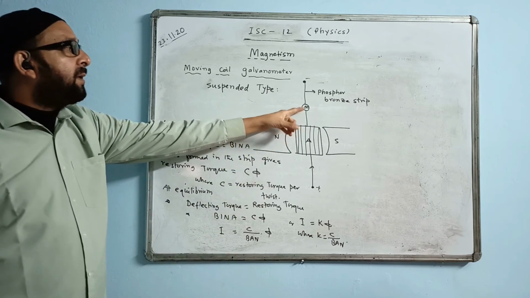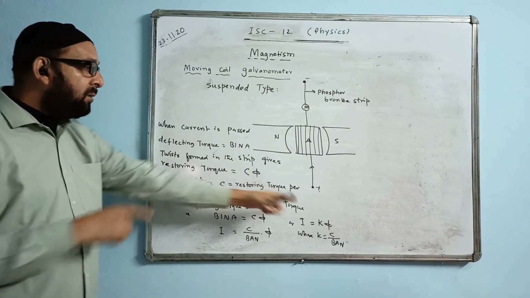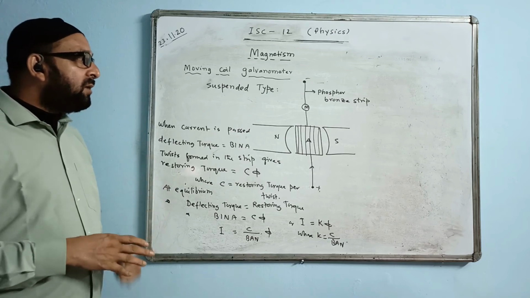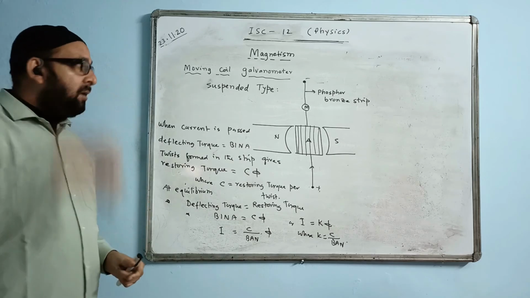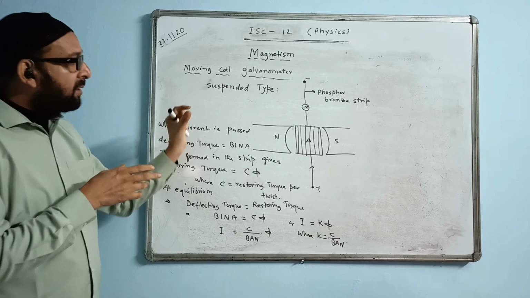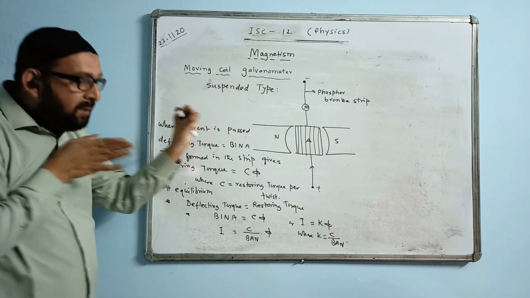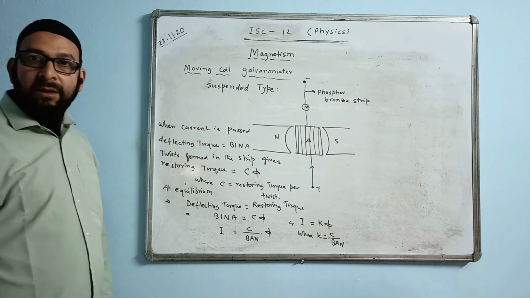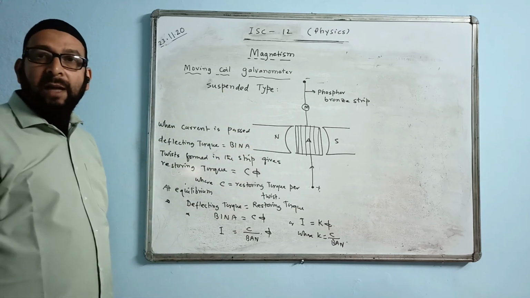This is the circular mirror. M stands for mirror, which is used to note down the deflection. When you go to college and take physics there, you have to do this experiment. There is a moving coil suspended type galvanometer that you have to use. There is a circular mirror over there. We throw light on it, and the light gets reflected. We measure using a scale, and we measure the angle of deflection, how much deflection takes place between this point and that point. So this is used to measure the angle of deflection.